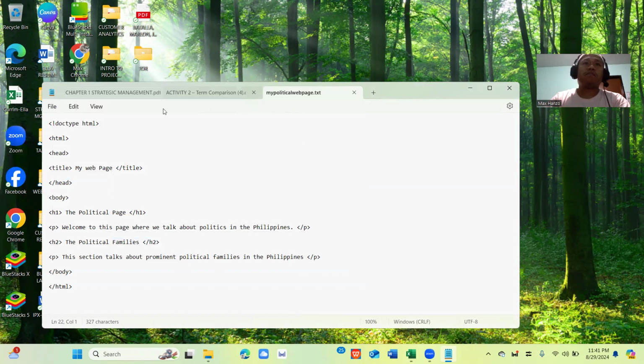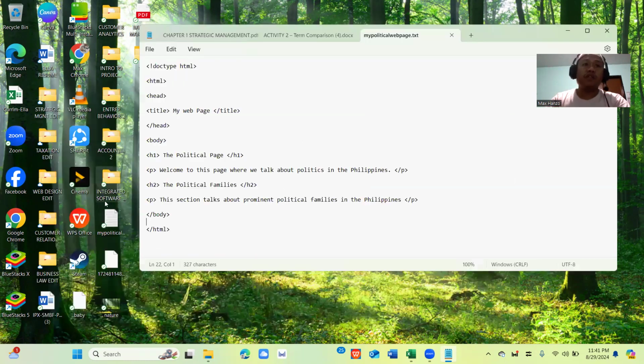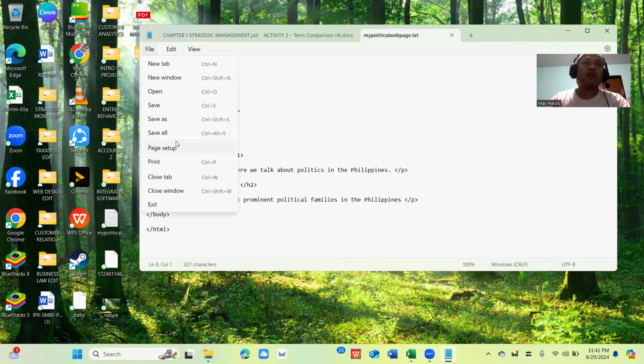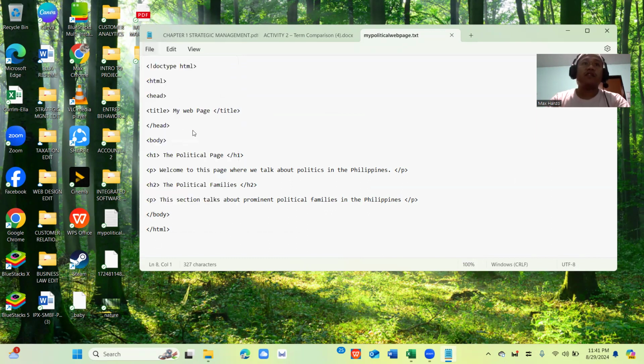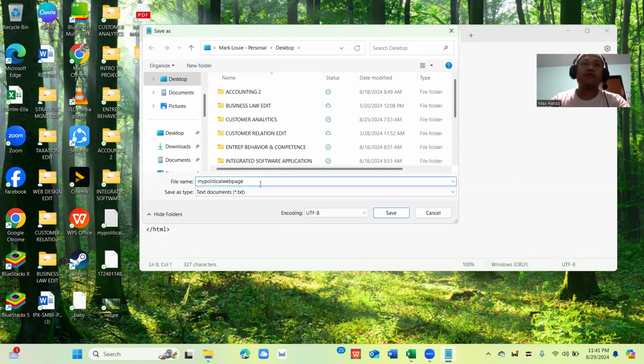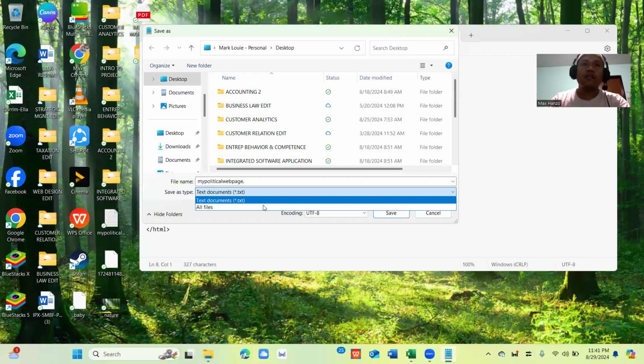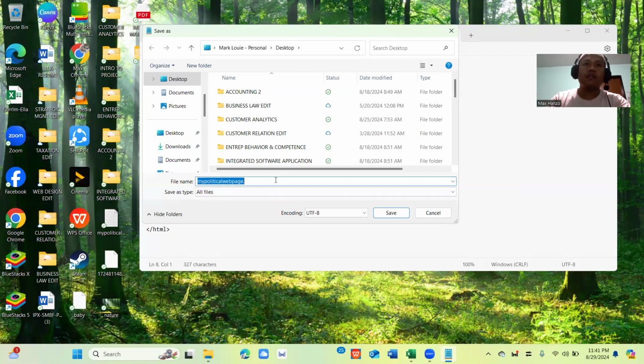But in order for it to become a web page, if you notice, it's already right here, the one that we have saved as a text. But in order for it to become a website, you have to save that as a typical web page, let's see, HTML.